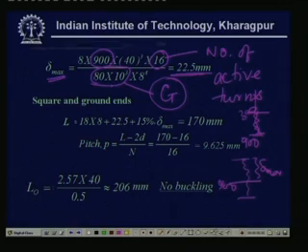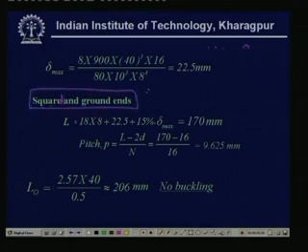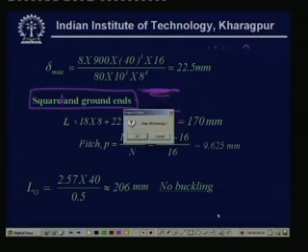So, once we get this delta max, then what do we get? We can find out for a square and ground end coil, that is an assumption. Just one second, it should be squared and ground ends. So, for this type of spring you have seen earlier, it is flattened and ground at the top and the bottom also. For this type of spring, what we get,